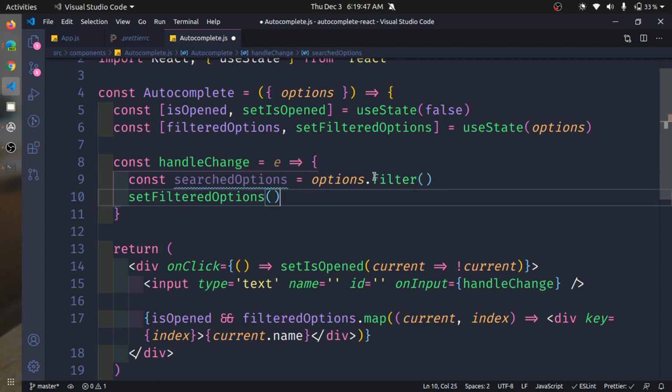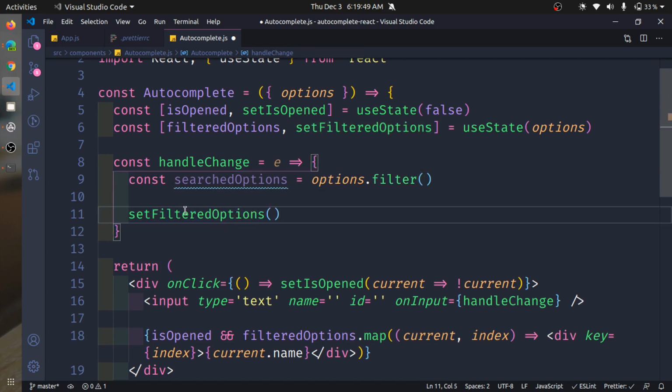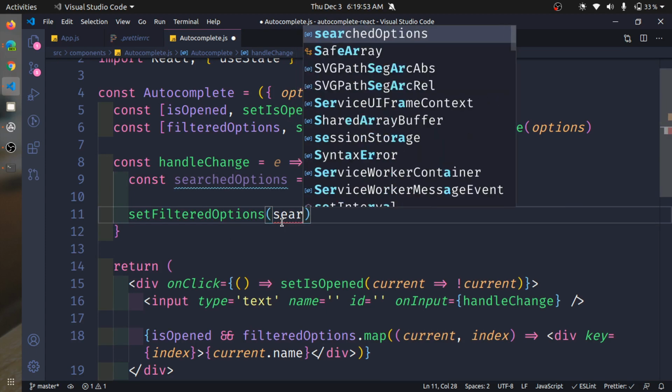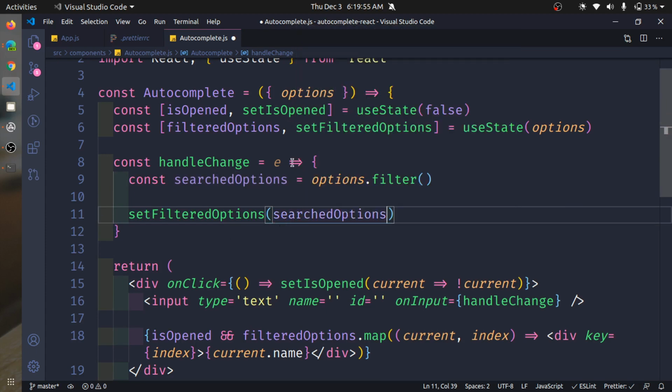Okay, the filter method, and in the setFilteredOptions we'll be using that. And right here we are using the filter, and